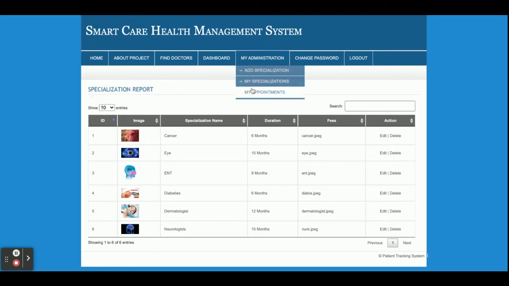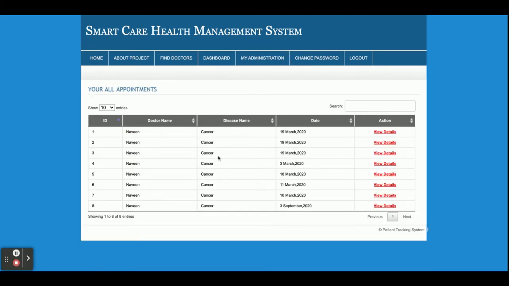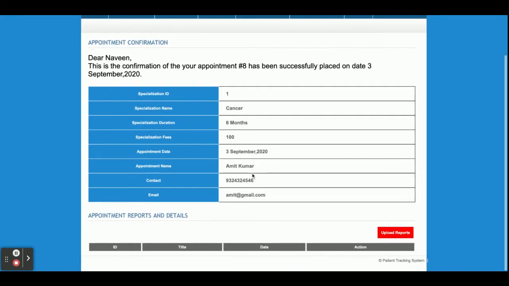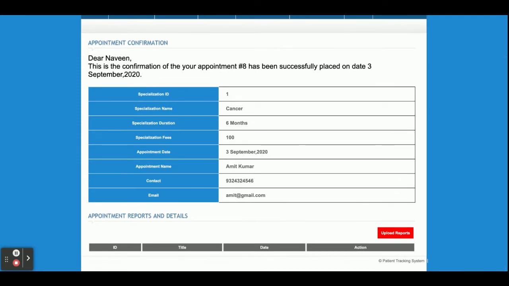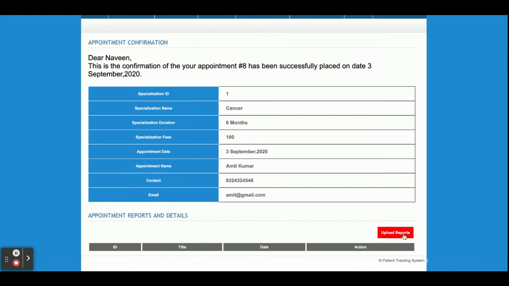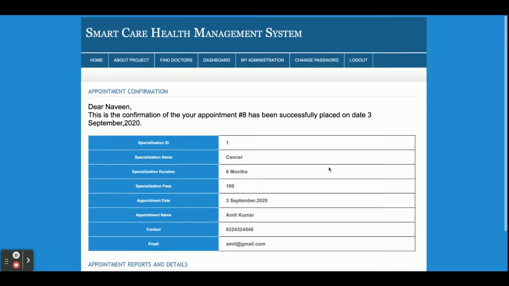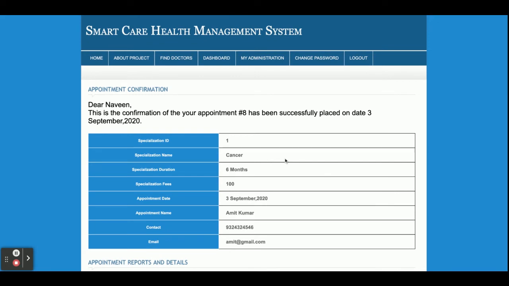which the doctor has added. This is My Appointments, right? All of the appointments which have been booked for that doctor. Doctor can see the appointments of that patient, right? Even doctor can upload the report of that patient too. Even patient can upload the report. So doctor and patient can share the reports with each other, right? And that report will be uploaded on that appointment. Each and every report will be associated with that appointment.